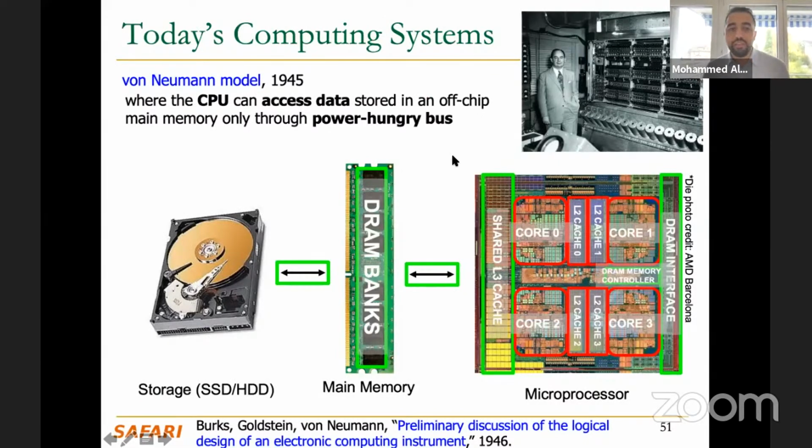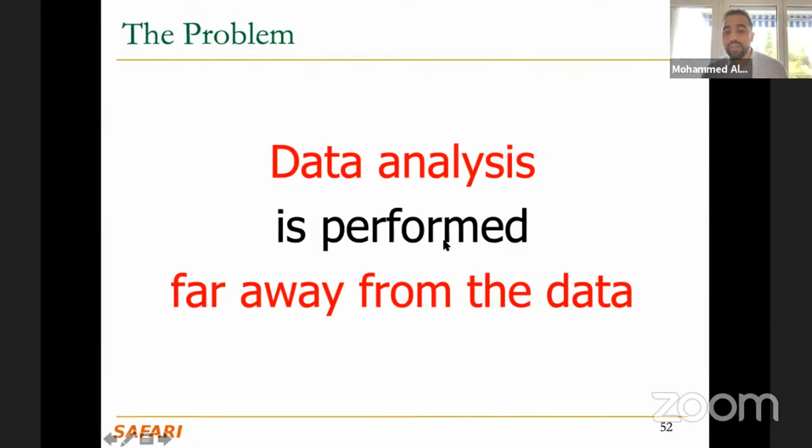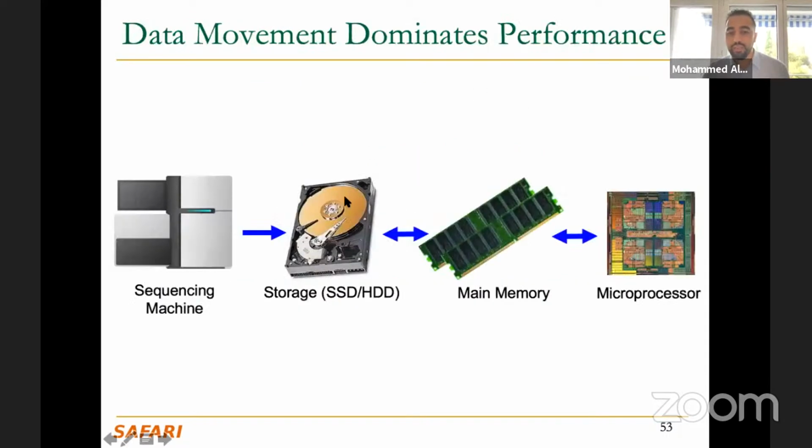We are still using the Von Neumann model from 1948, which separates the storage from the processing. So you have the storage over there, and then the main memory, then different levels of caches all the way to the core to do the processing. For that, you still need to move the data between different components, and that is a bottleneck in the current analysis. So data analysis is performed far away from the data storage, and that dominates